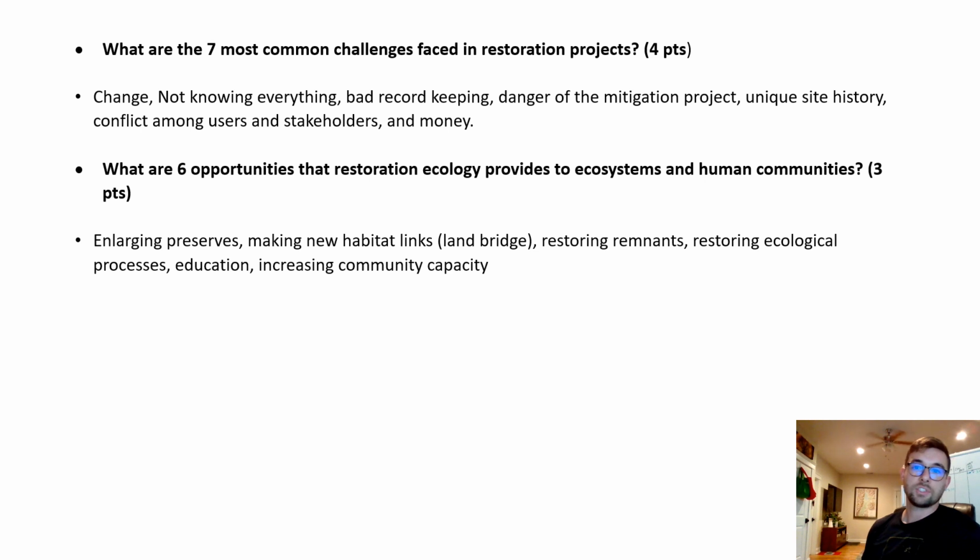The 7 most common challenges faced are change, not knowing everything, bad record keeping, danger of the mitigation project, unique site history, conflict among users and stakeholders, and of course, money. 6 opportunities are enlarging preserves, making new habitat links like land bridges, restoring remnants, restoring ecological processes, education, and increasing